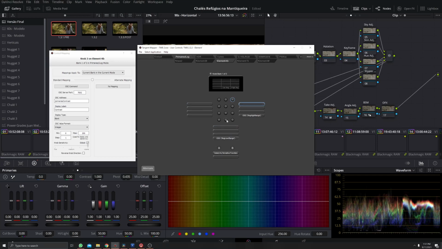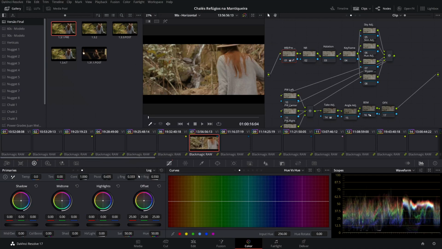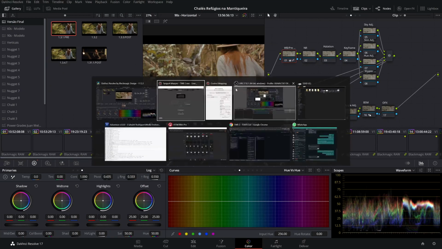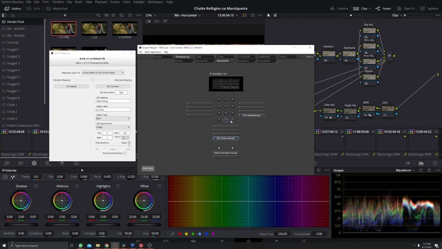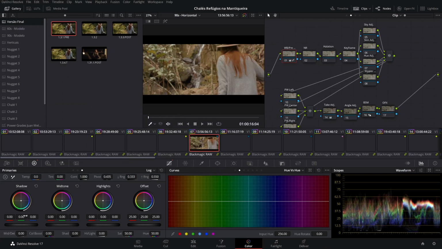And press the alternate key. We have 2 controls for the log tools called high range and low range here. They are only on the log panel, so you press the alternate key and you will control them. Without pressing the alternate key, we have the controls for all the tools. In the primaries and logs, they are the same. On the third bank, we have controls for shadow, mid, highlight, and offset RGB here on the log panel. So we have control of these separately.